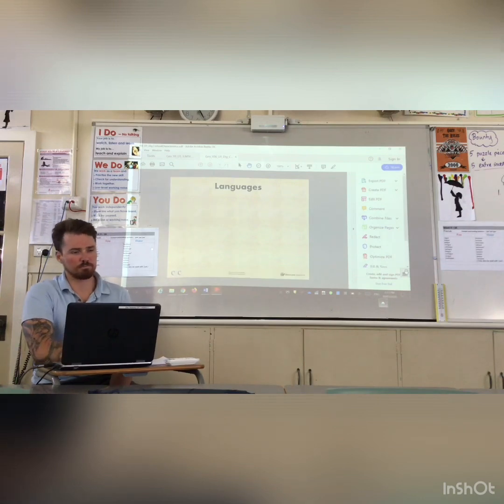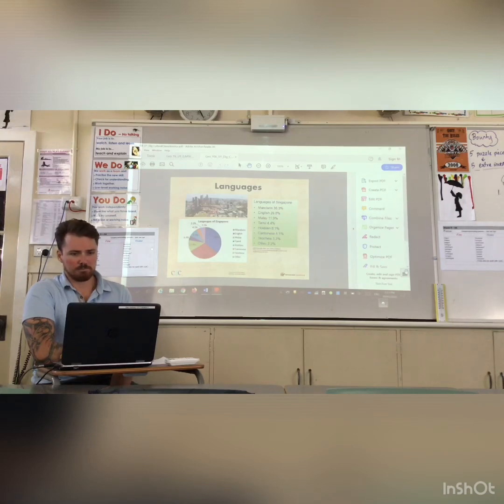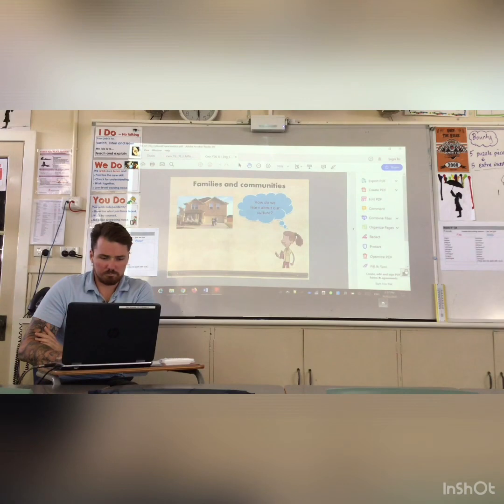We can measure the diversity of languages used by people around the world by collecting data. We can represent this data in pie graphs. In Singapore, the 4 official languages are Mandarin, English, Malay, and Tamil. But there are also a number of other languages spoken, including other members of our